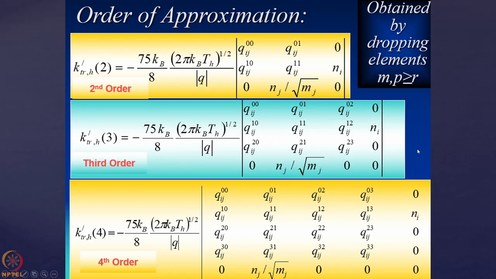So this is the relationship mostly we are using for calculating the third order thermal conductivity, because this increases the accuracy, at the same time it reduces your computational load. So that is how we are going for this third order approximation when you are going for this thermal conductivity calculation.